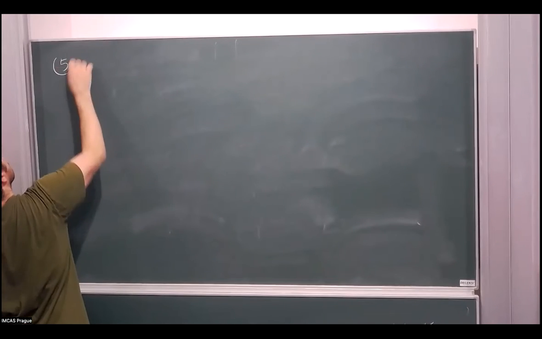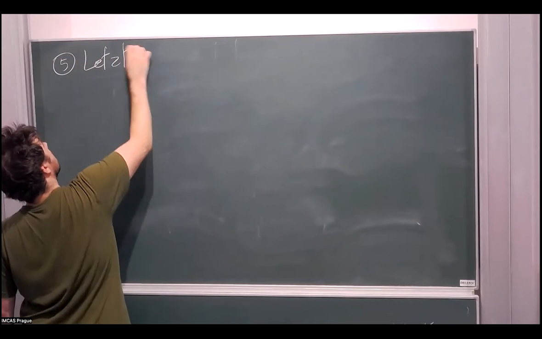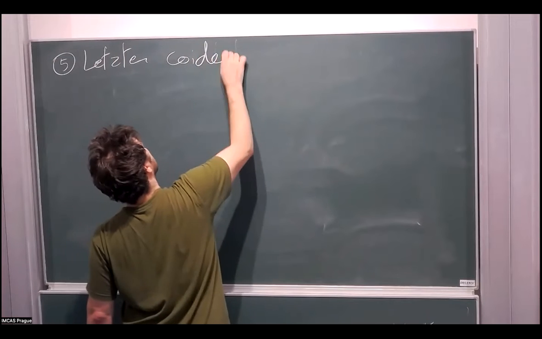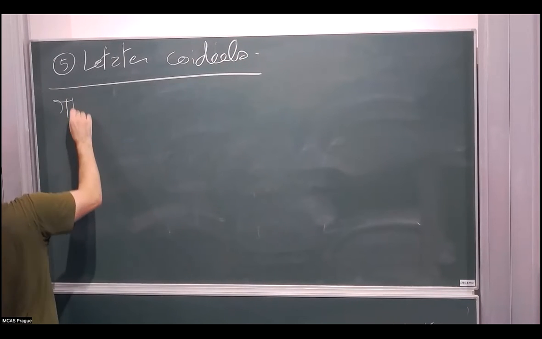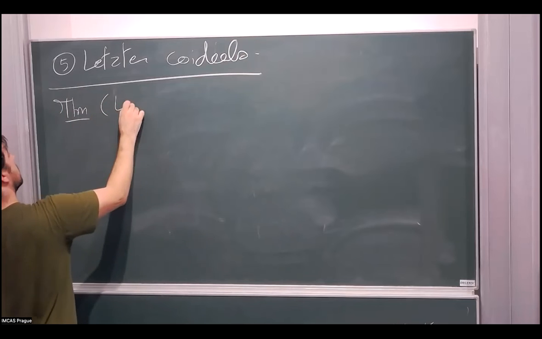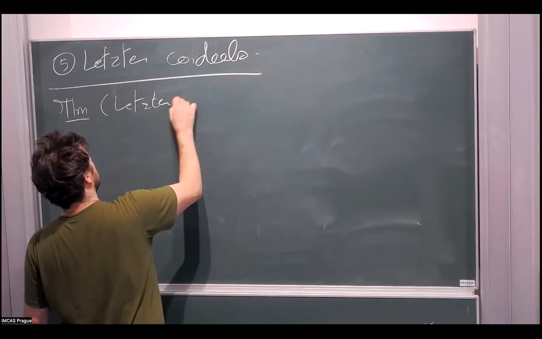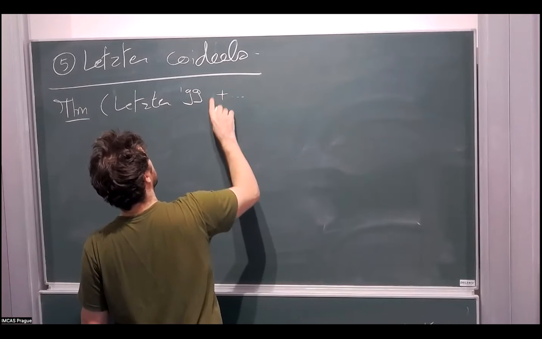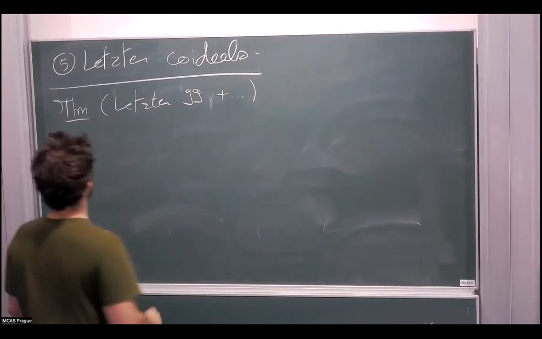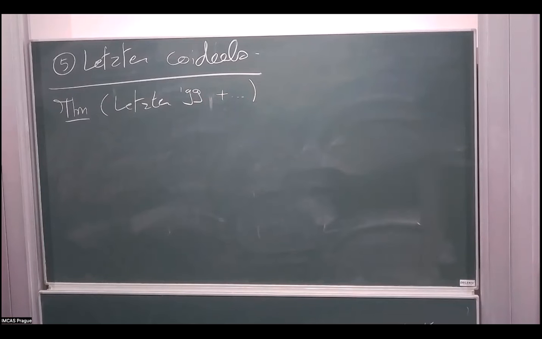But it turns out it's still very, very interesting. So this is where I introduce Letzter co-ideals. There is a theorem due to Letzter, based on the results and extended by many people to other contexts later on, which says that this inclusion can also be quantized. So there exists